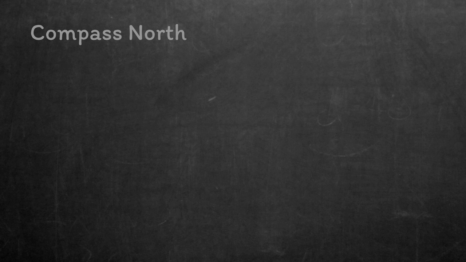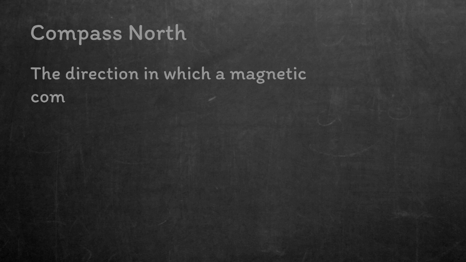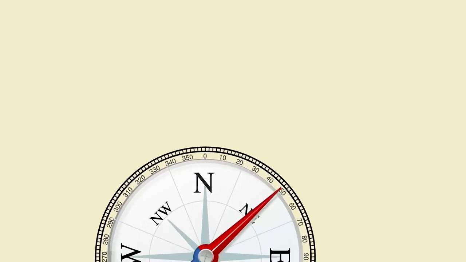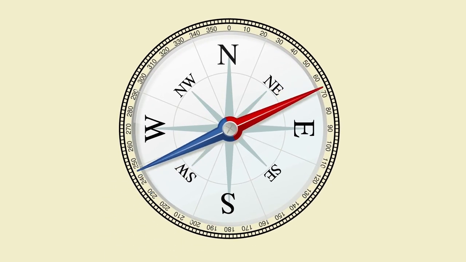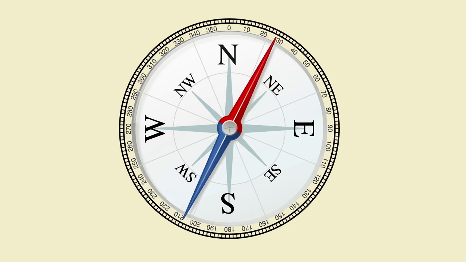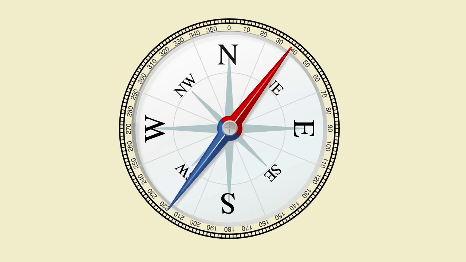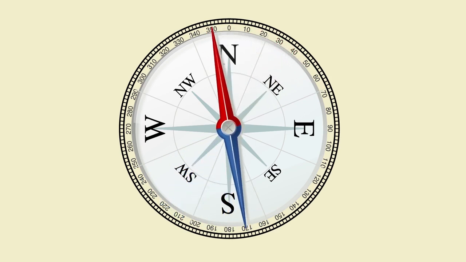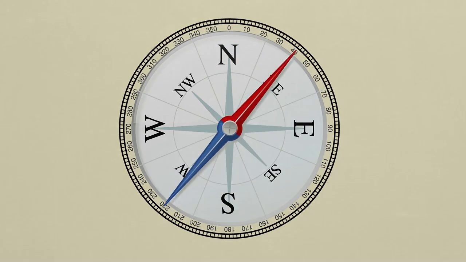Compass north is probably the simplest to define. It's just the direction in which the compass needle points. It's got no physical location because the compass needle can be affected by any number of local conditions. The biggest component of compass north, though, is made up of the Earth's magnetic field, which leads us on to